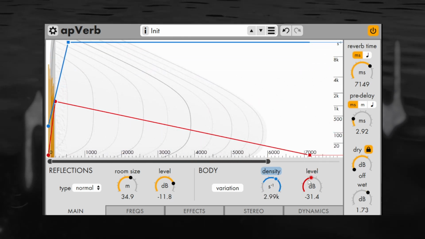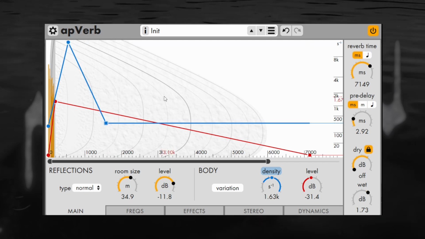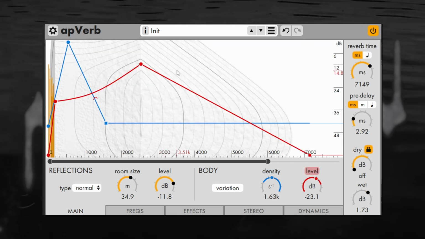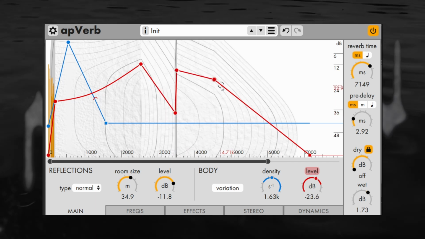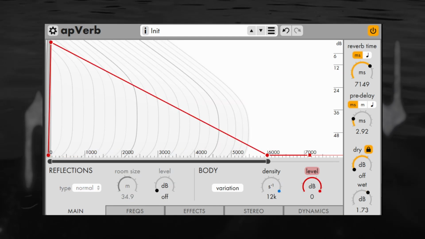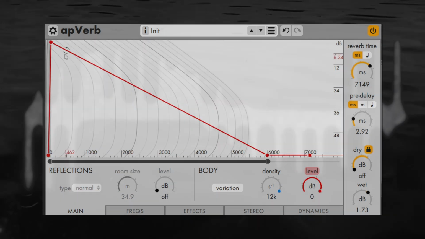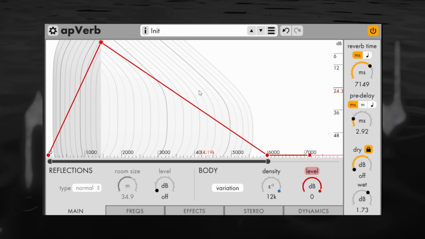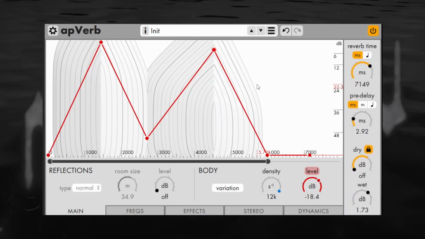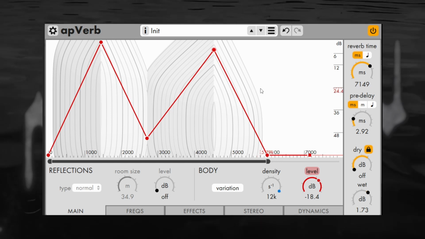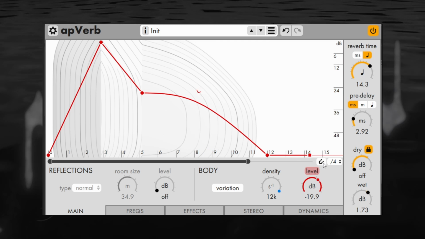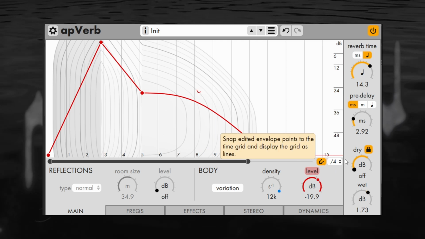Like many other parameters, these two can be automated over time, including in ways that wouldn't be possible with ordinary reverb. We can literally just draw the shape of a tail over time with a kind of automation lane. The knob then becomes an offset for the entire envelope. Curves support both breakpoints and bends, with optional snapping to a beat grid when we set our reverb time to